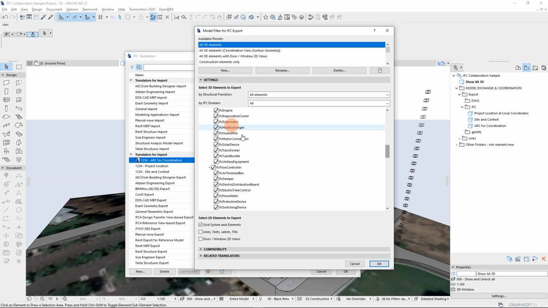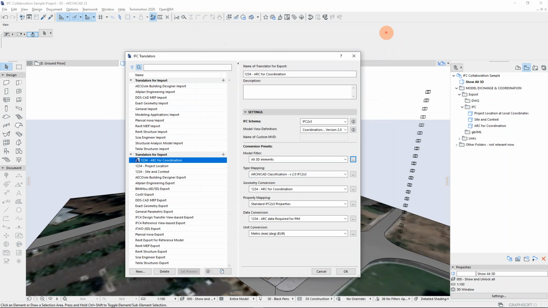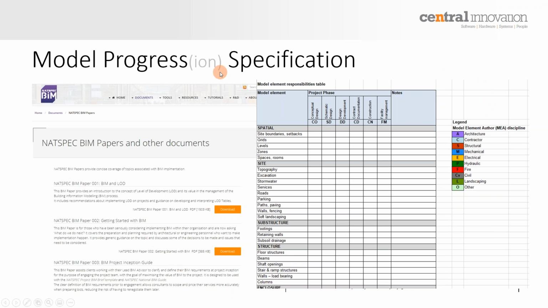Those are ones that in this list you only will have spatial entities or elements that are down there on the list, and basically nothing else. So that'll be your main means for controlling the export. Now let's go and take a look at the more